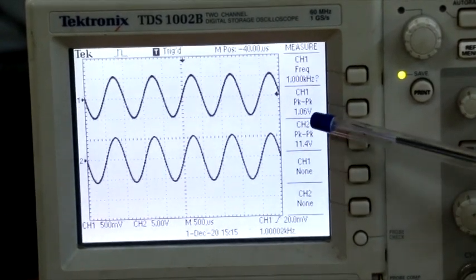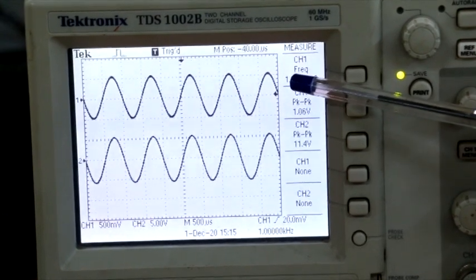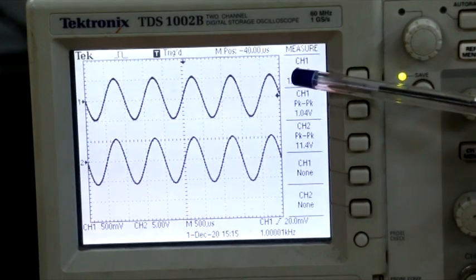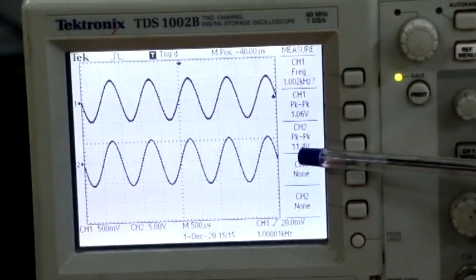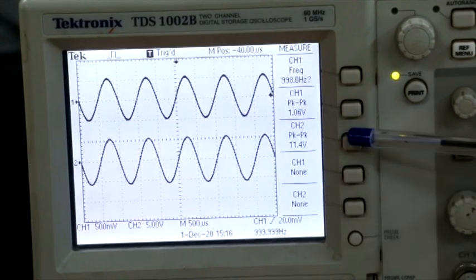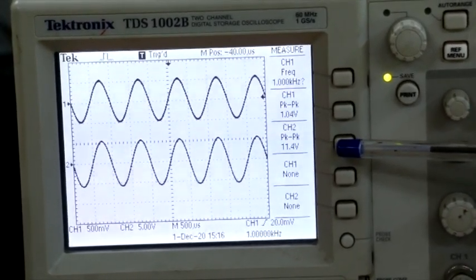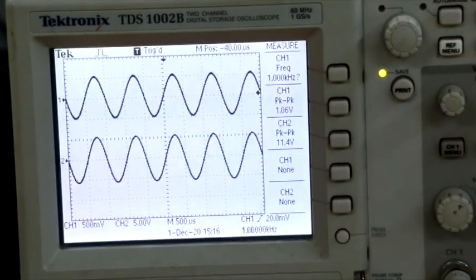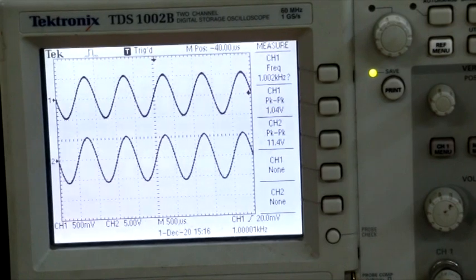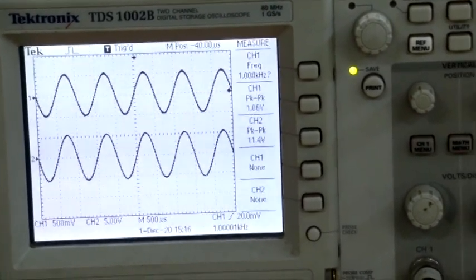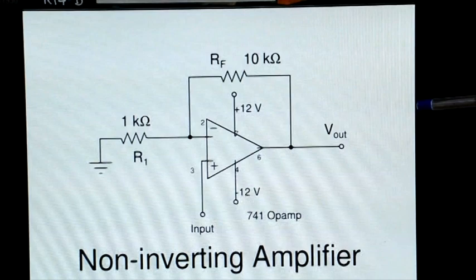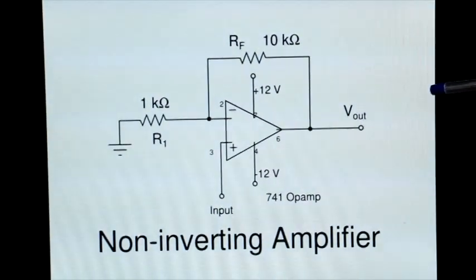So you see that on the oscilloscope, channel 1, which is on the top, has two divisions, which has not changed, and it is 1 volt peak to peak. And on channel 2, you have the output, and you can see that the output is about 11.4 volts and the input about 1.04. So you can see the gain is roughly about 11, and definitely more than 10. Just like I said last time, when we talked about the inverting amplifier, we said the inverting amplifier is not good as a voltage amplifier.